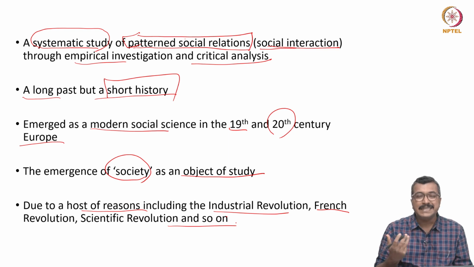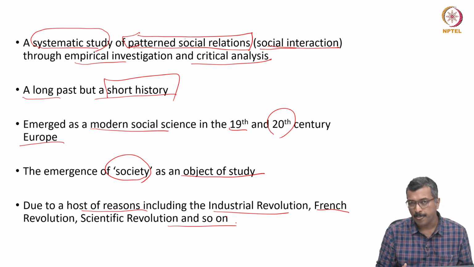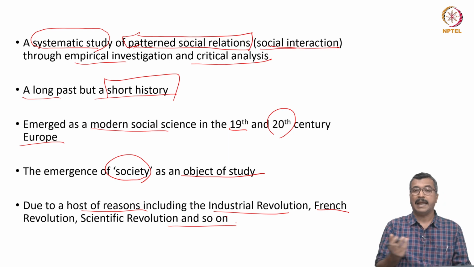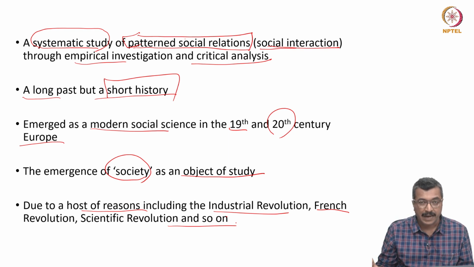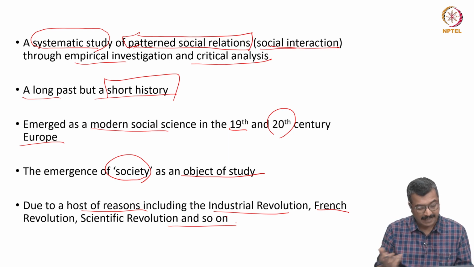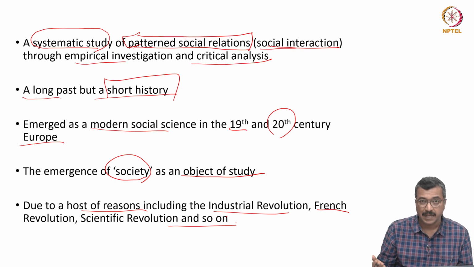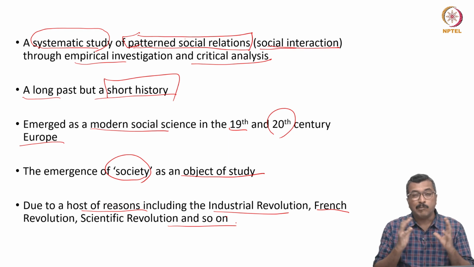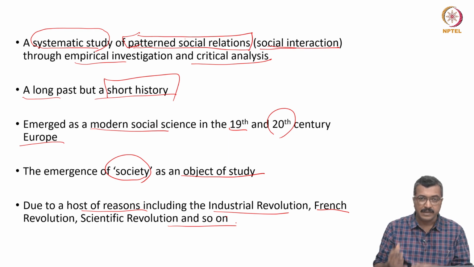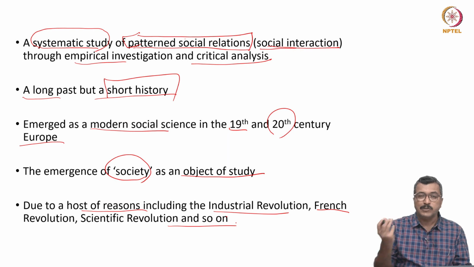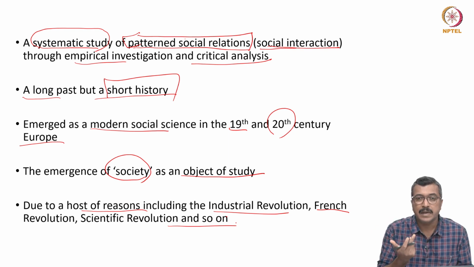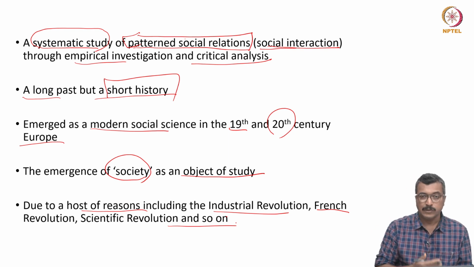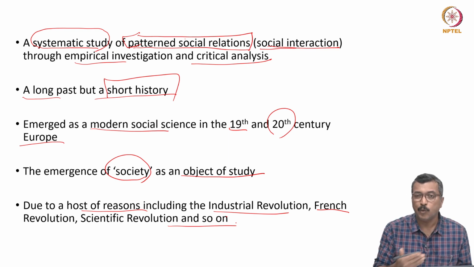So if you look into the history of Europe during this particular time, you understand that that's a period widely seen as the emergence of modernity. And the emergence of modernity encompasses a wide variety of changes, of course technological changes, but also changes in the economy, changes in political ideas, changes in human relationships, changes in certain understandings about human freedom. So a sum total of all these structural and cultural changes are subsumed under this term, the emergence of modernity. That is why sociology is seen as a science of modernity.